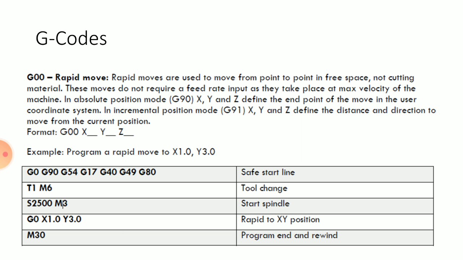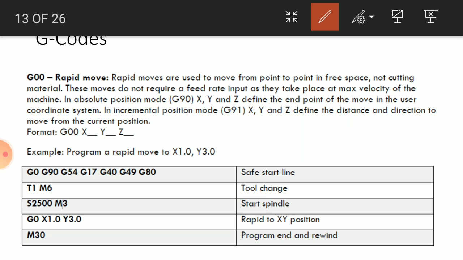Now this is the G code. I will take some few examples of the G code. This is just an overview. We are not going deep now; as the lectures advance, we will go deep into each and every G code that will be useful in the exam. This is G00. It is only used for the rapid move. Rapid move means you just move from one position to another position without doing any operation. For that purpose we use G00.